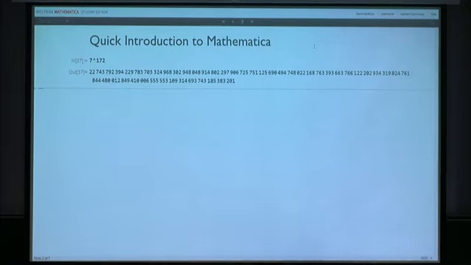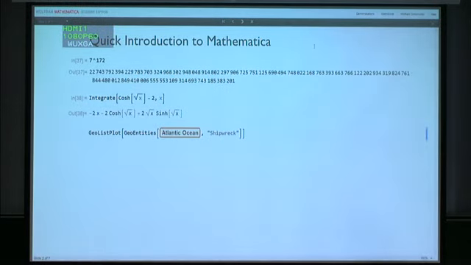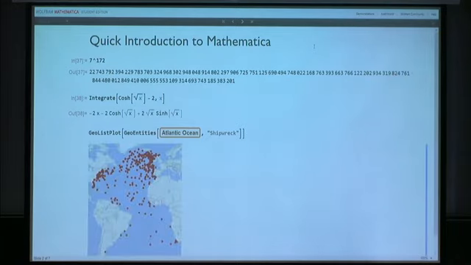And you can send all kinds of expressions, like an integral, and it solves this integral analytically, or ask random questions like, tell me where there are known shipwrecks in the Atlantic Ocean, and it gives you a map of shipwrecks in the Atlantic Ocean. So it's quite a powerful system,